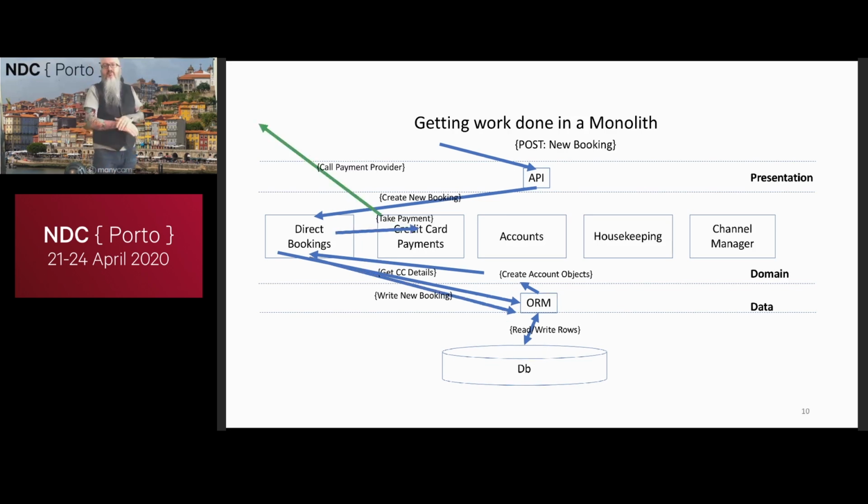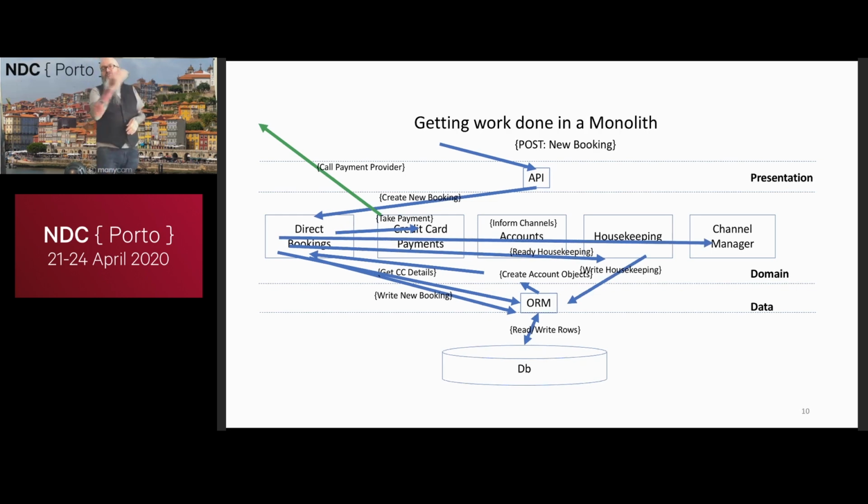Credit card payment system would probably call some kind of external payment provider like PayPal, etc. And once we got a message back saying that your credit card had sufficient funds and you could book the hotel room, I'd probably then talk to the housekeeping system and say, I'd like to reserve a room for this customer on this date. Housekeeping would then write to the database and say, let's store that particular room reservation.